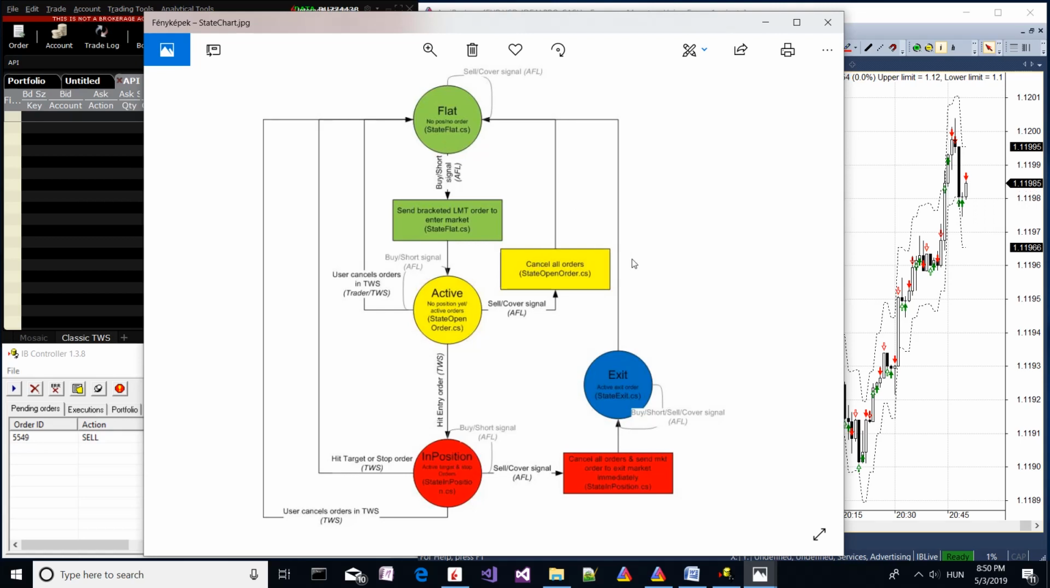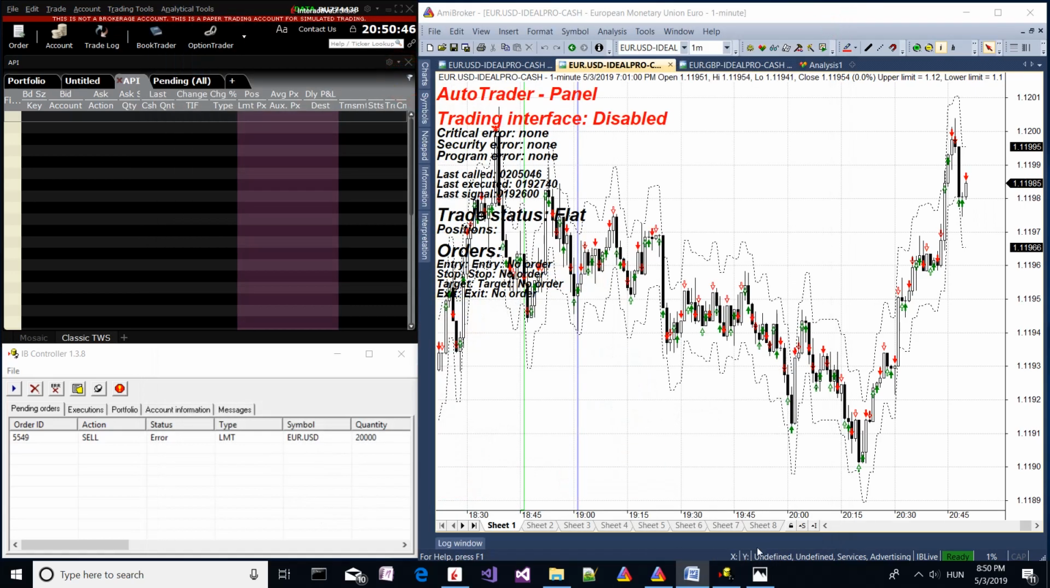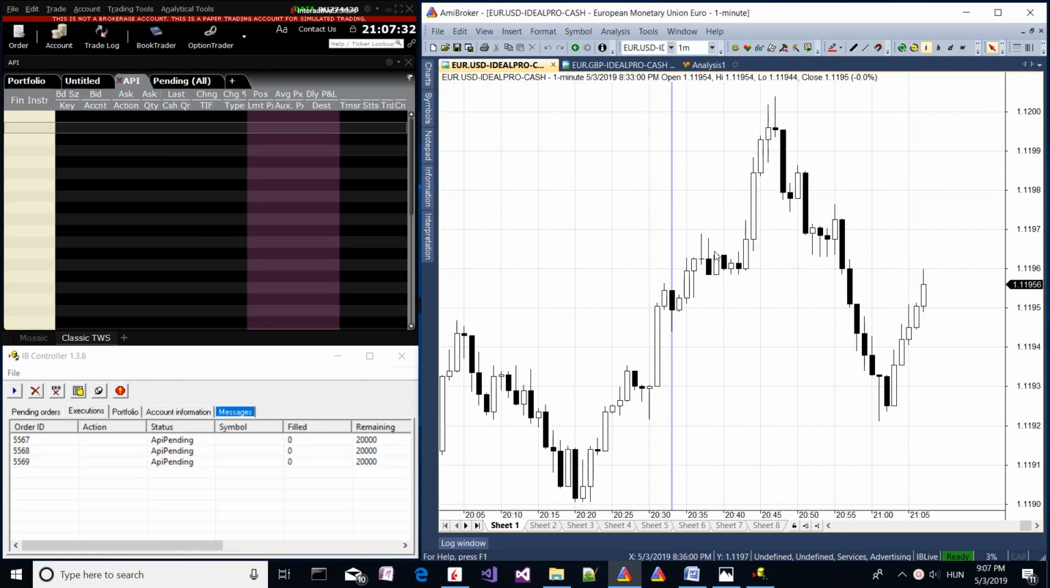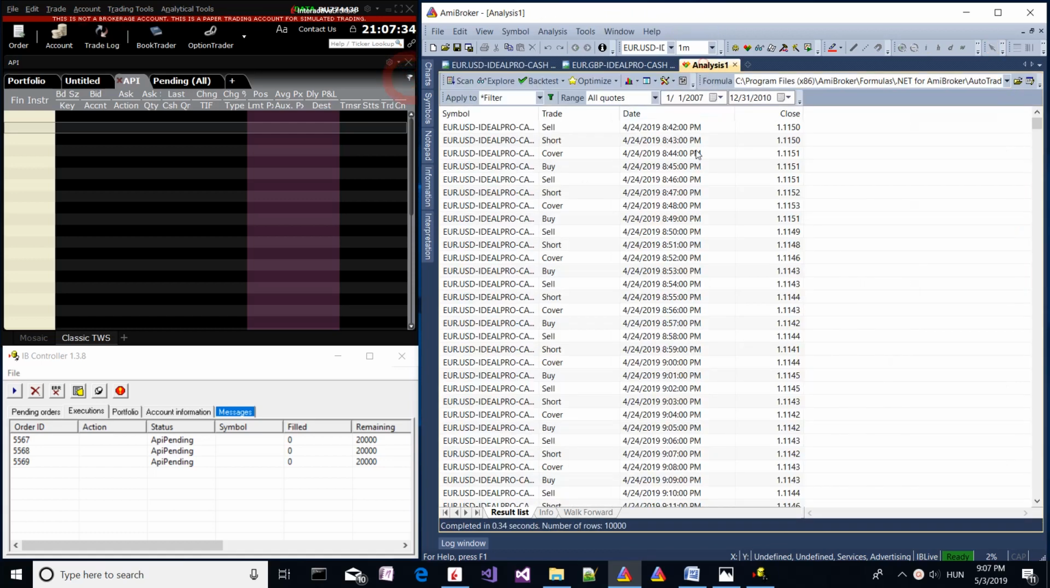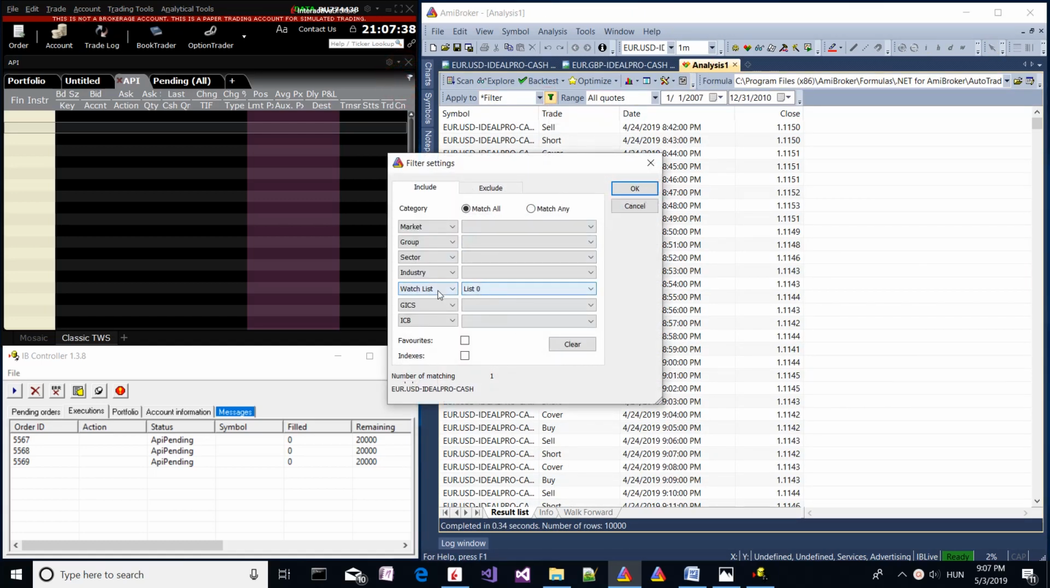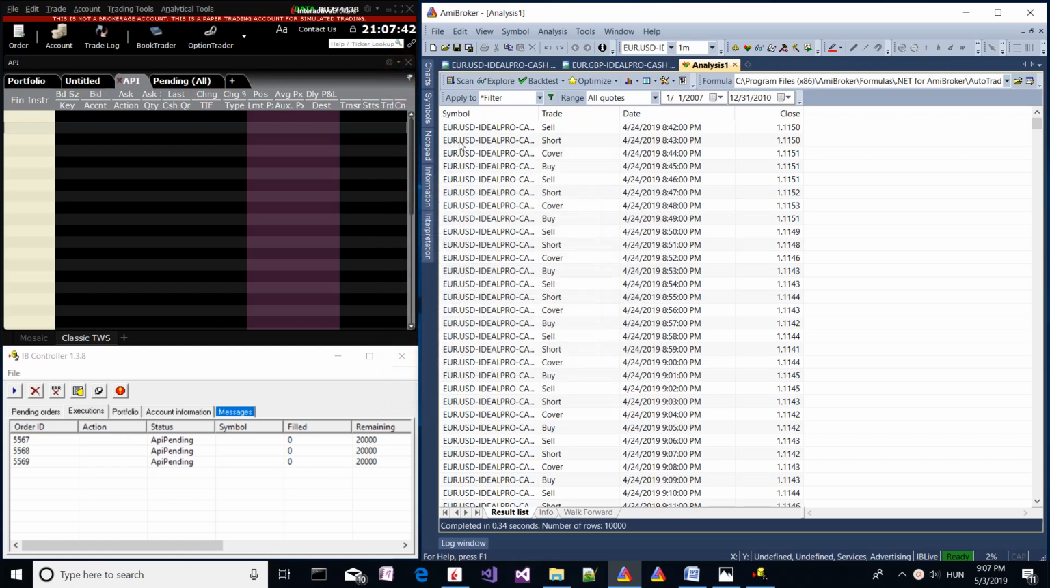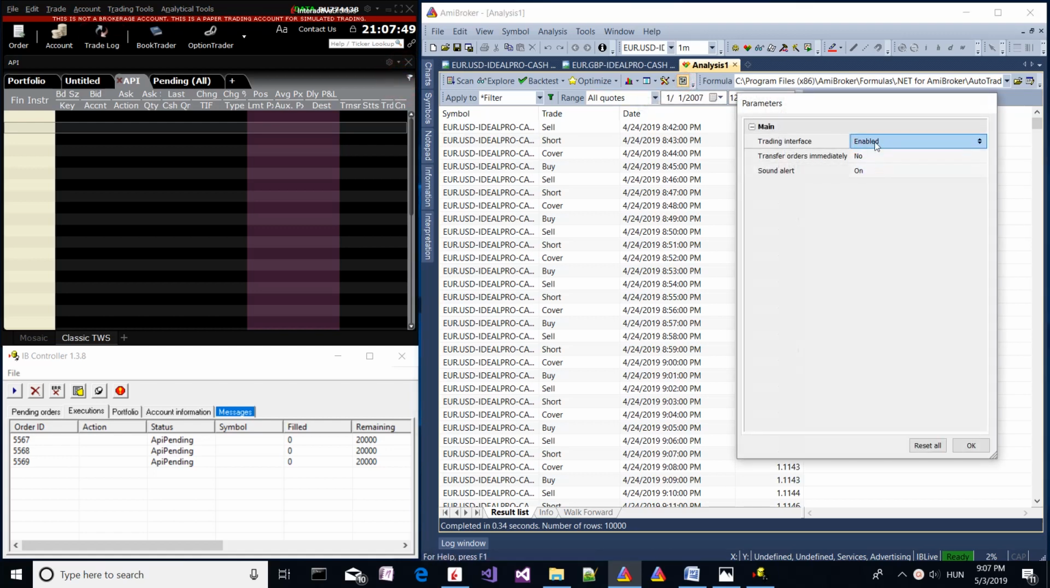Now let's see the AutoTrader in action. We have an analysis window. I had set up a filter to use only watchlist 0, which has only euro, US dollar in it. We have enabled the trading interface. Let's just use no here,